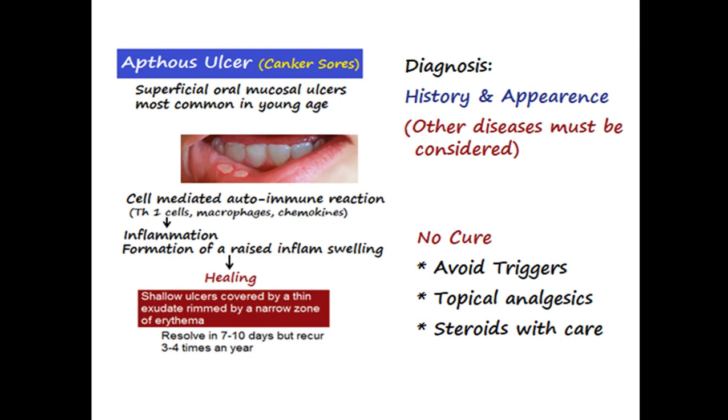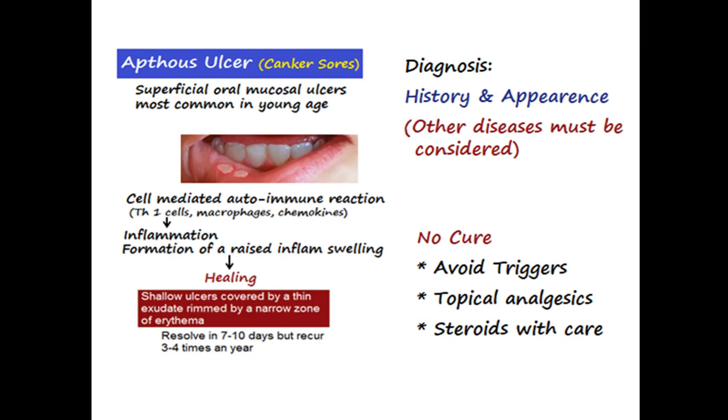But here there is one important point. Many serious neoplastic and inflammatory diseases may start or appear initially as Aphthous ulcers. So if we examine and we see an Aphthous ulcer in a patient, we must exclude the possibility of some other neoplastic and inflammatory diseases which may be quite serious, and they may start with the formation of Aphthous ulcers in the oral cavity.